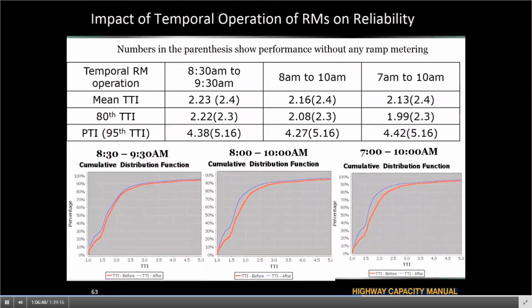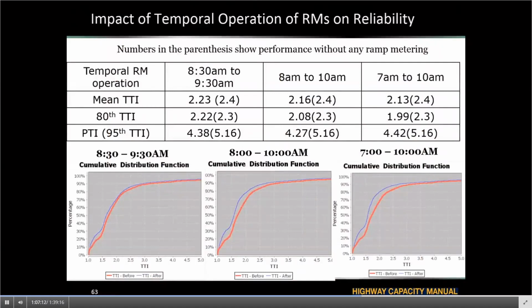And then taking that a step further, so we have now already run 250 scenarios, all of them with ramp metering implemented. Clearly that's already a very big labor-intensive task if that were to be performed in a simulation environment. But with this HCM method, we can now go a step further and say, well, what is the optimal temporal application?